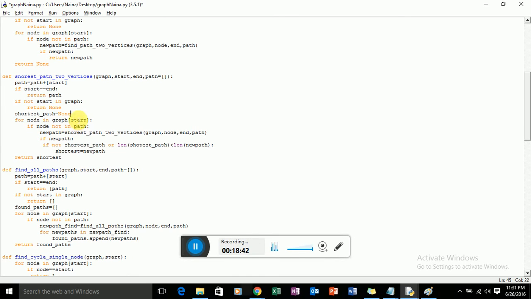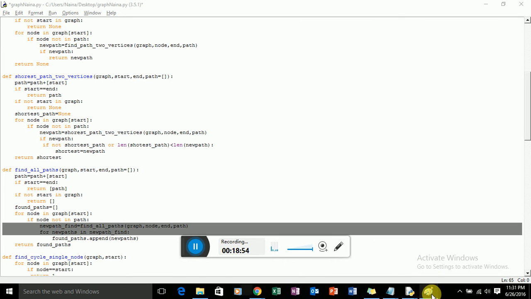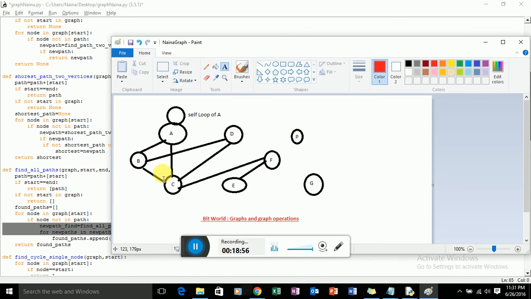Okay, now I'll traverse through the graph. So for node in graph, for vertex A, that is the adjacent vertices of A, if you see the graph, it is B and C. Okay, so it will first find the neighbors, that is B. If node, that is B, not in path, right now B is not in path.